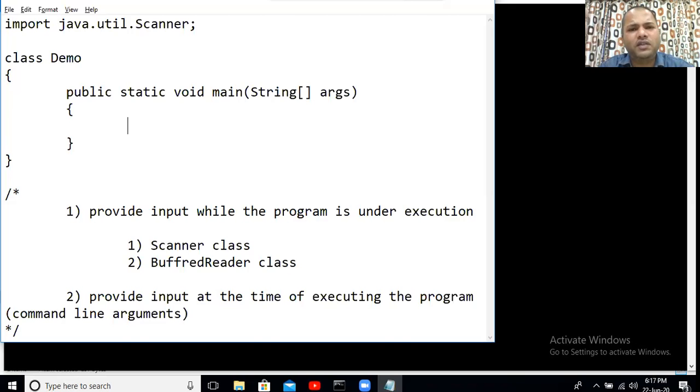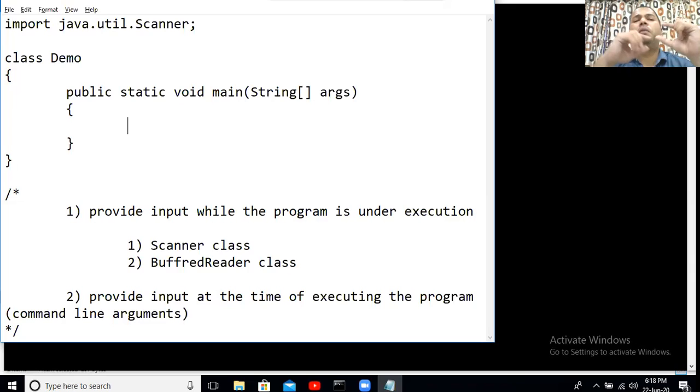How are we going to achieve this? By calling certain methods present inside the scanner class. But in order to do so, we have already seen that whenever we want any members of a class to be used in our code, the first thing we have to do is create an object of that class, and then only will we be able to make use of the members of the class in our code. Obviously, if the members have been declared as static, creation of an object is not required here.